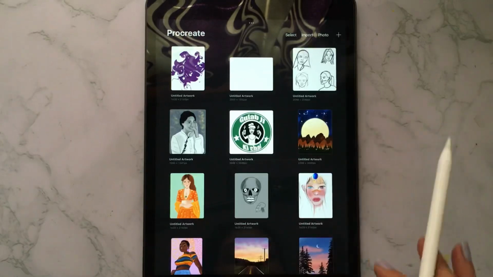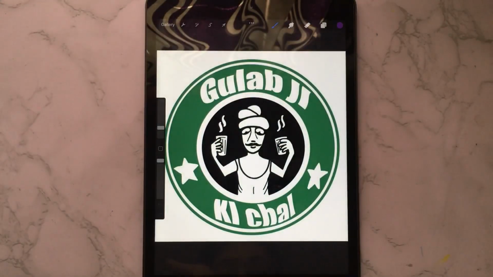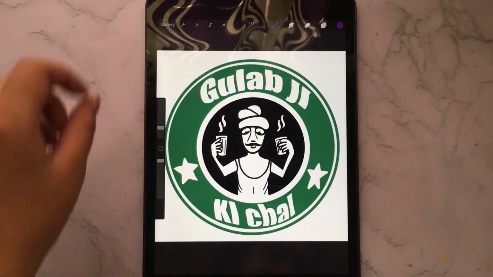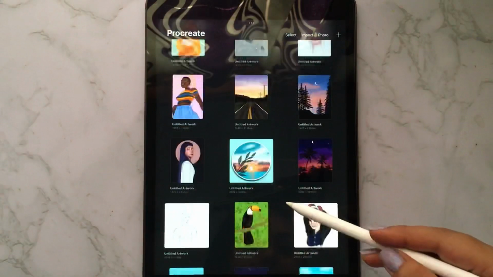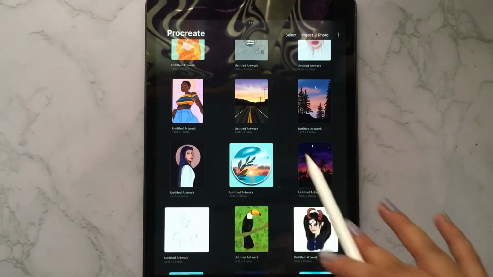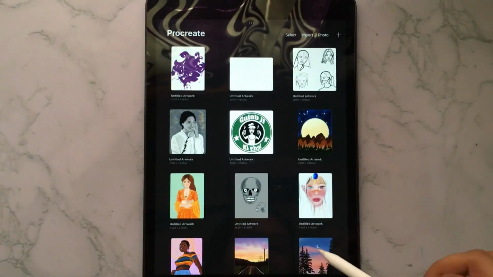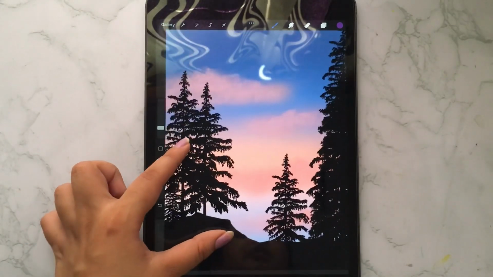And all my kind of practice work, and I have made a logo here. So you can do anything in digital art. It is so interesting. I have made this also, this landscape. This looks super beautiful, the clouds and all.